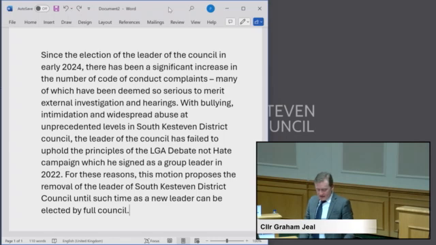I want to be absolutely clear. This amended motion is not for political gain. It is about restoring the stability and integrity of this council. That is why, if this motion passes, the South Kesteven Coalition will not seek the leadership of this authority. We will not put forward a candidate for leader. It will be for the administration to put forward somebody who can bring this council together and heal this council, that everyone can work with, and address the failings in leadership, the vacuum in leadership that we've seen in the